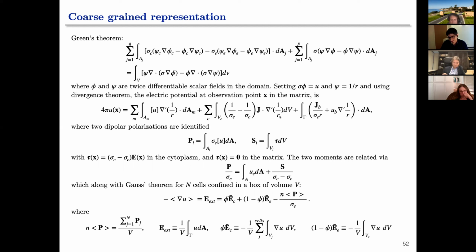So by looking at the second integral, I come up with this equation and this definition for dipole moment. And this is just on the boundaries, and this is just the effect that the electrodes have. So you just keep it as is. Now, because of the way these are defined, there is a mathematical relationship between S and P, shown here, which is they're different by a surface integral of the potential on the exterior side of the cell